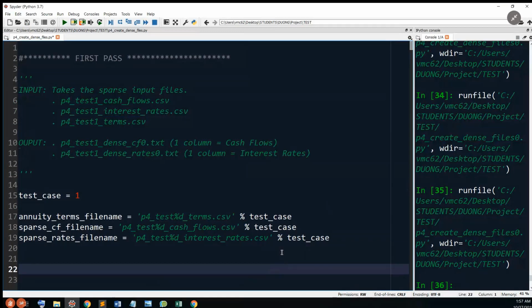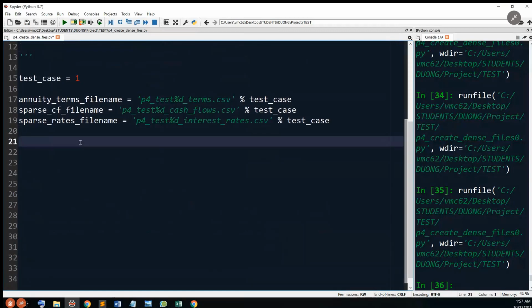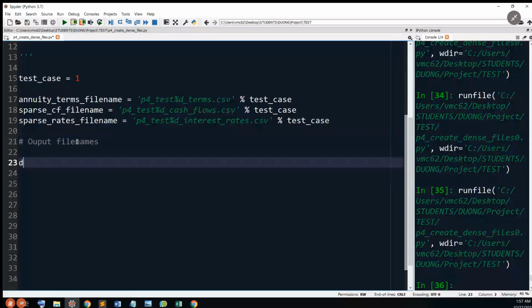Looks okay. Let me just put some space in here. And the next thing we're going to do is the output files. Now we need the output file names. The first one is dense. It's going to be called dense CF file name. That's the first one. And that, just as before, P4 test